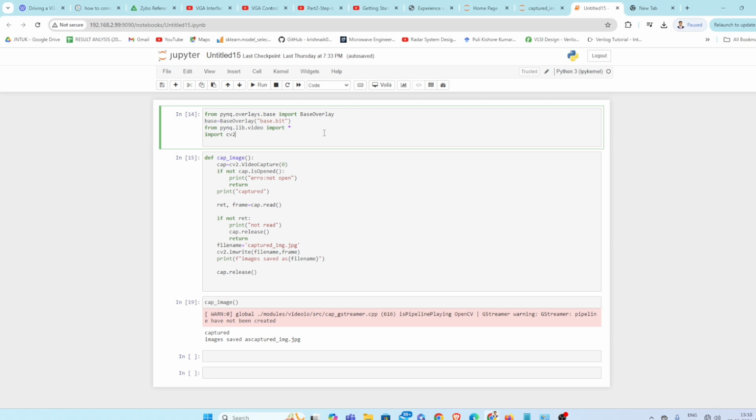I will explain this file. This from pynq.overlays.base is the overlay file. If you want to run some program on the Pynq board, this file is needed. So I have written this, and from pynq.lib, from the Pynq libraries, we need to import this video file. So I have imported it here,